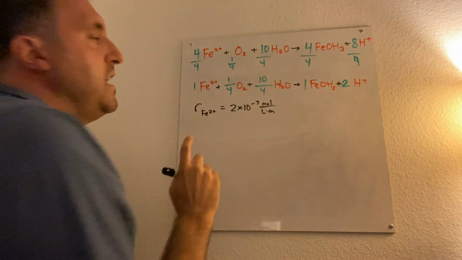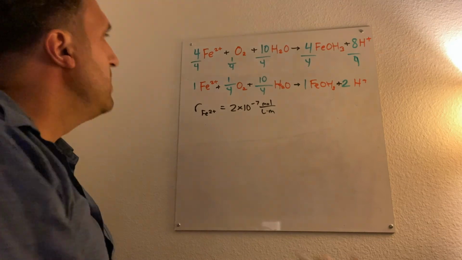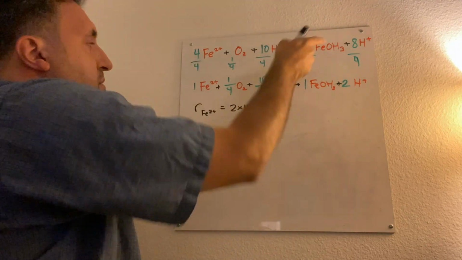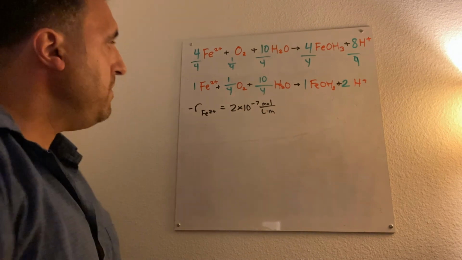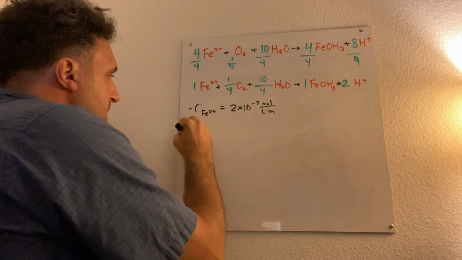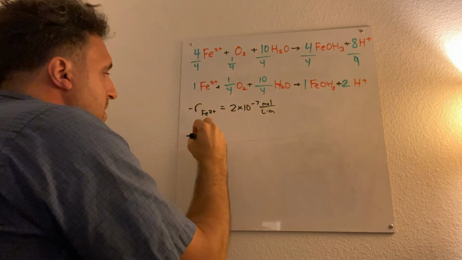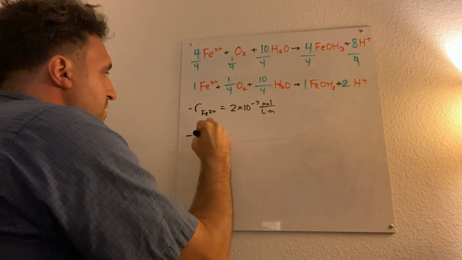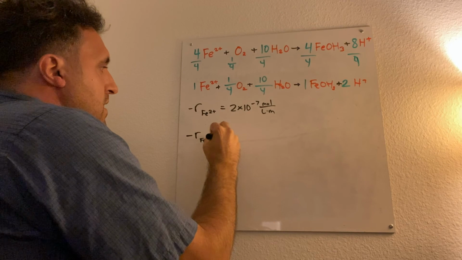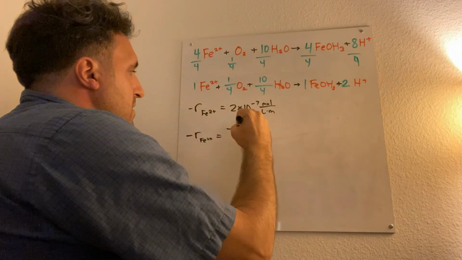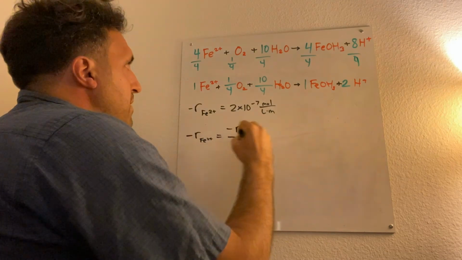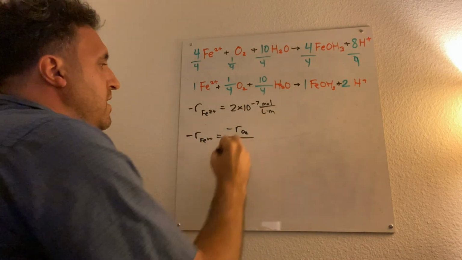But it's actually disappearing from the reaction since the reaction is proceeding from left to right. So we're going to write that as a negative reaction rate. With that said, we can say that this reaction rate for Fe2 plus is equal to the disappearance of oxygen divided by this coefficient here, 1 over 4,